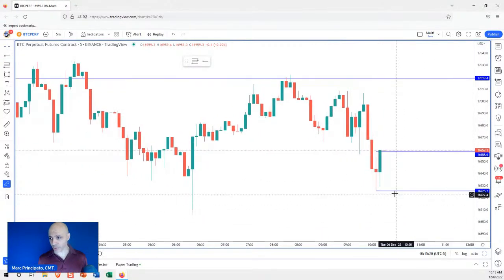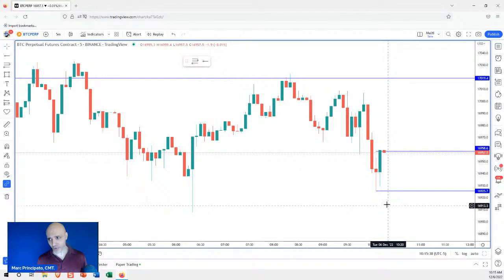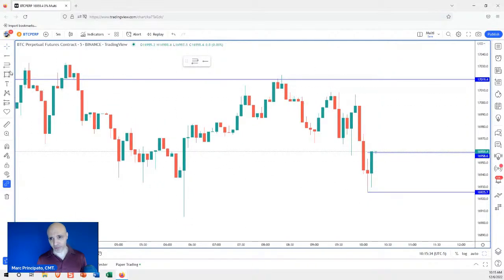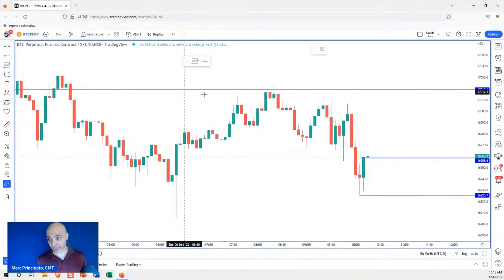All right, so just to give it a little more room, you can give it maybe a 30 or 40 point stop, right? So basically 960, you're looking at like 920 or something like that, just give it a little room. 40 points is pretty reasonable, all right? And you're looking for at least 40 points, but it'd be ideal if you can get more than 40 points, like maybe 80 points, 100 points. That's a reasonable target. It may take an hour or two to get there.